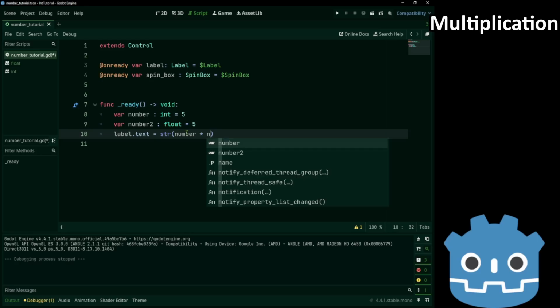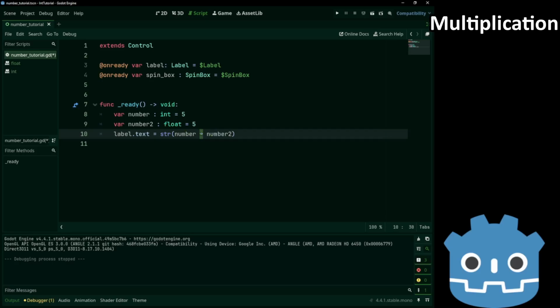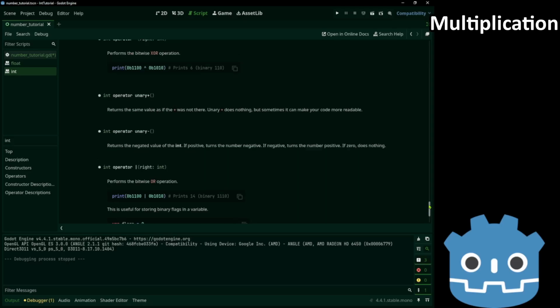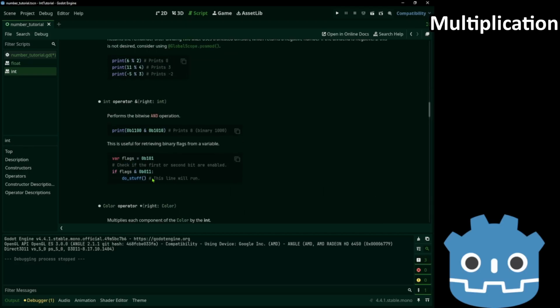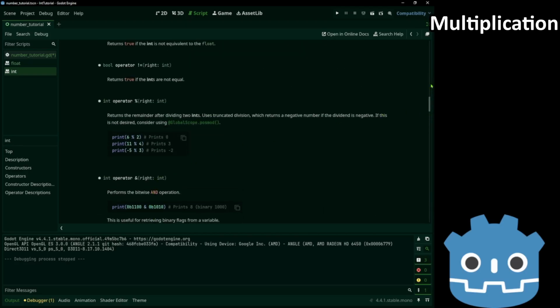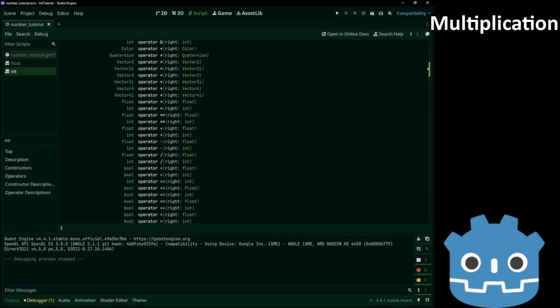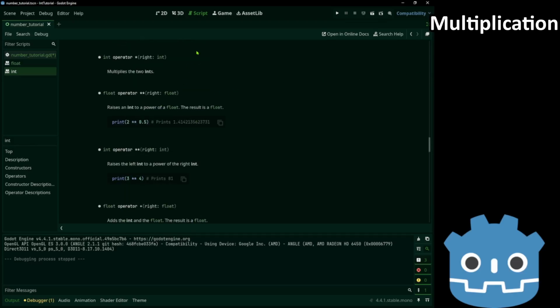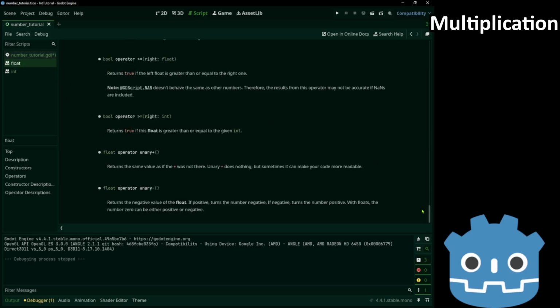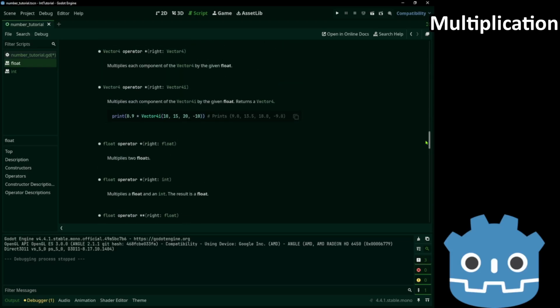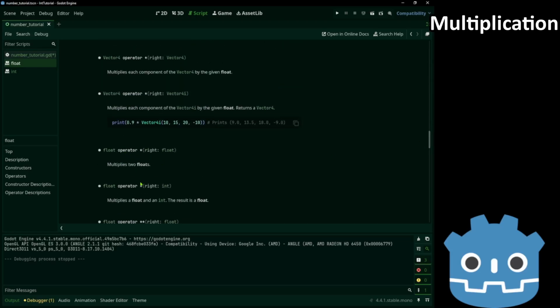Now we're moving to multiplication. The asterisk gives us the product of two numbers. This one has quite a few cases. First, we'll see just numbers. If right is float, it returns float. If both numbers are int, the product is int. The float class also has the same operator. Both return float.